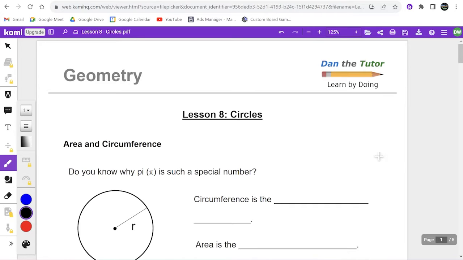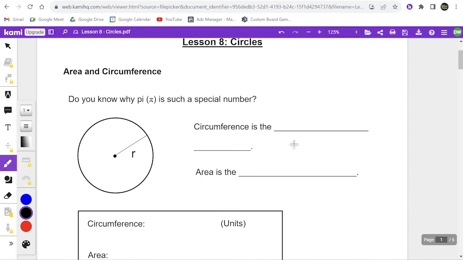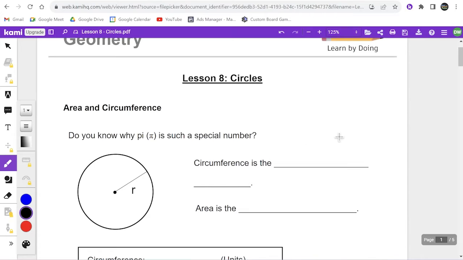Basically everything is better than proofs from weeks 5 and 6, so this is going to be easy by comparison. So when it comes to circles, we're going to mainly talk about two concepts, and that's area and circumference. Things that you've probably learned in grade school, and I can promise you about 100% of my college students don't know either of these equations. Very sad. Anyways, circumference is the perimeter